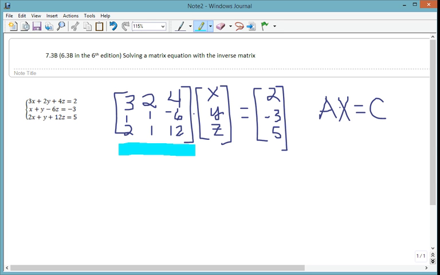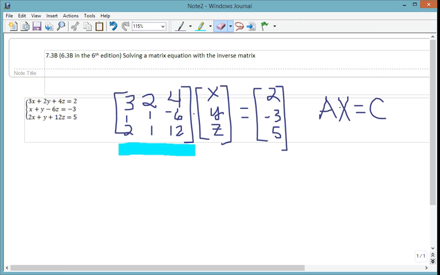Okay? Now, we learned in the last video how to find inverses, so I'm going to tell you what the inverse is, so that we can finish in this video talking about the equations. But you'll practice finding these inverses and be able to find it. So you would go off and you would find the inverse. I'm going to tell you that the inverse of this matrix